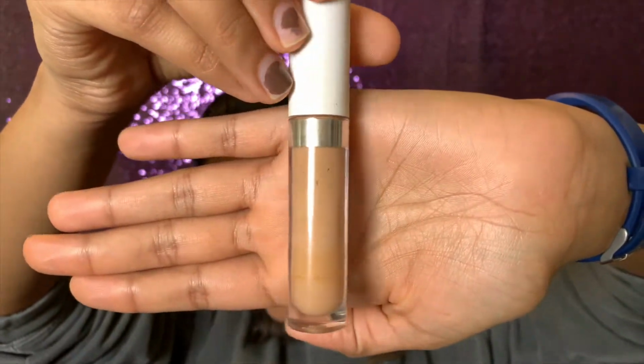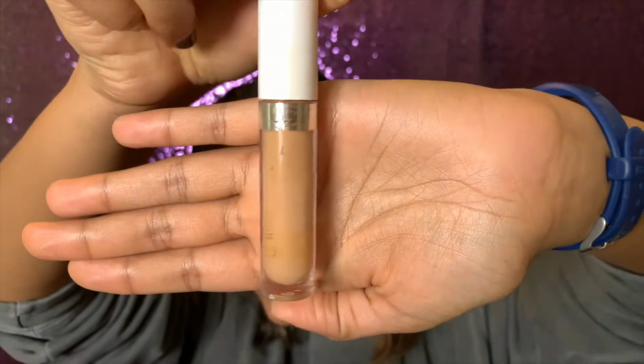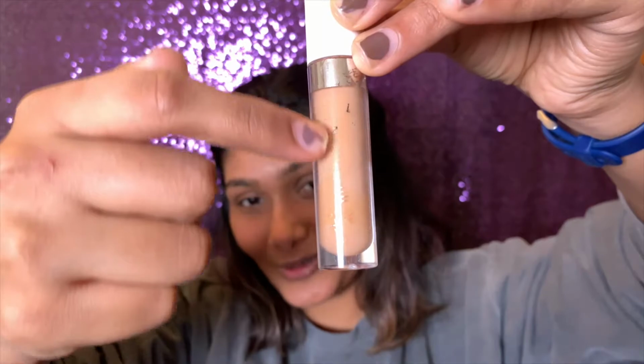concealer, and it's actually been used so much that there is no label on it anymore. Like, it used to just along this line say ColourPop No Filter Concealer, but it does not anymore because I have used it so much. This is in the shade Tan 50, and I like to use this in like a triangle shape, but I